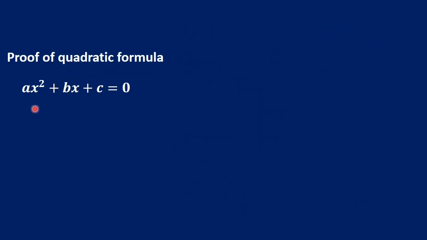By completing the square of the general quadratic equation, we can arrive at a formula for solving quadratic equations, also known as the quadratic formula. So we have ax squared plus bx plus c is equal to 0. To complete the square, we have to make sure that the coefficient of x squared is 1. We can achieve this by dividing through by the